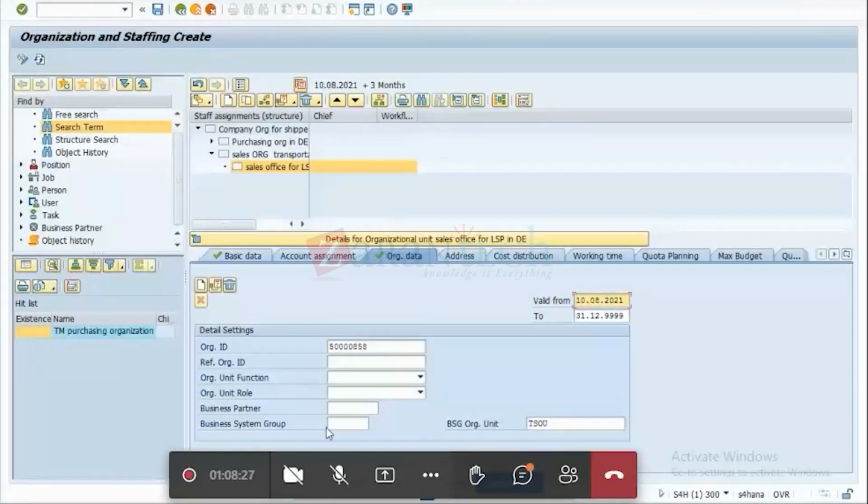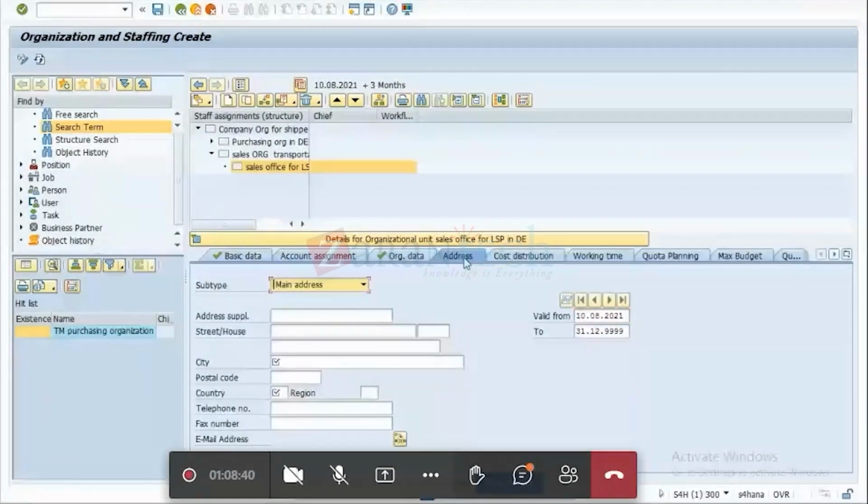And this is the business system group again. And if I click on enter, you will see there is no charge calculation available for sales office. So charge profile ID is not there. And if you go into the address tab,